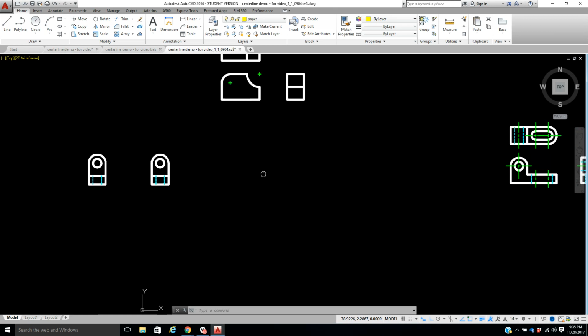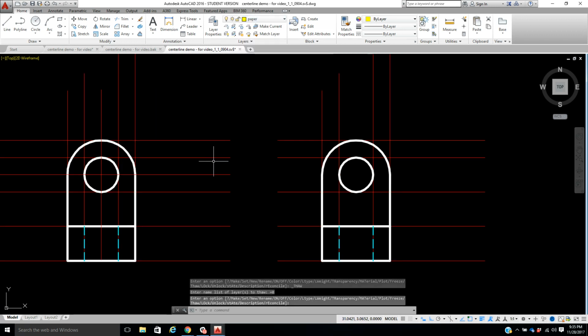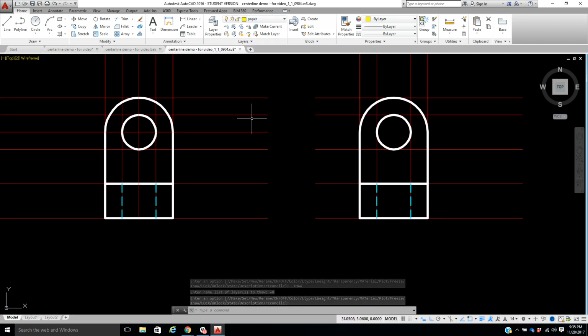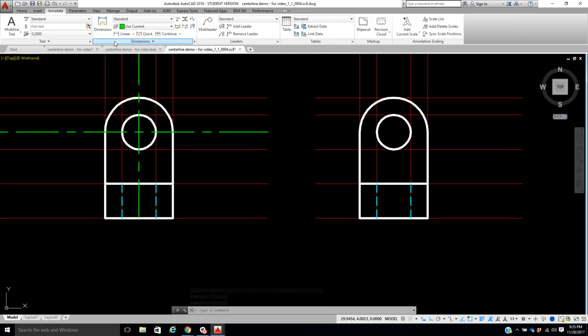Now, let's come over here. I want to show you a real quick example with this one here. Let me turn on these red lines. And I'll do these two side by side, and hopefully you'll see the difference. Okay, I'm going to go ahead and put myself in the center layer. This one has the center lines, this one does not. I'm going to do each of them step by step, okay? If I have my center lines, I grab these two, I turn them to center lines. I am good. If I don't have center lines, I need to go to Annotate, I need to go to